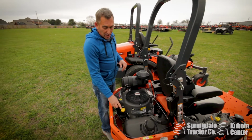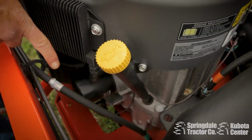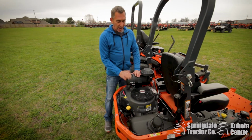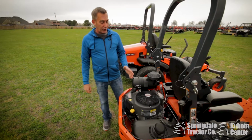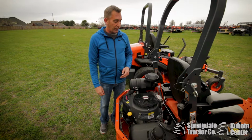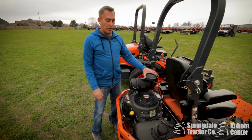some hillsides. You put your engine oil there. Your oil filter is right there. You have a spark plug on each side, and of course this is your big air cleaner here. It is built for commercial use. On commercial, you have a 2-year unlimited warranty on hours, and on the consumer use, you have a 4-year